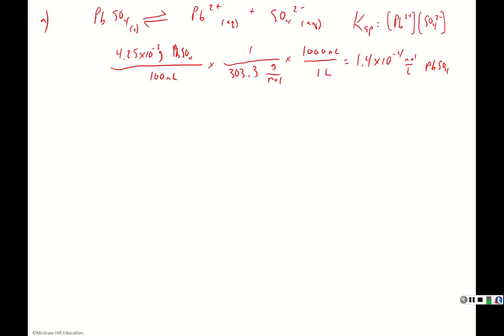So if you have a certain number of moles of lead sulfate, by the balanced chemical equation, you're just going to get the same number when it dissolves, right? You'll get 1 mole of Pb2+, and you'll also get 1 mole of SO4 2-. So this concentration that it gives for the solubility of that compound is going to equal the concentrations for both lead and sulfate. So now we can use our KSP expression,